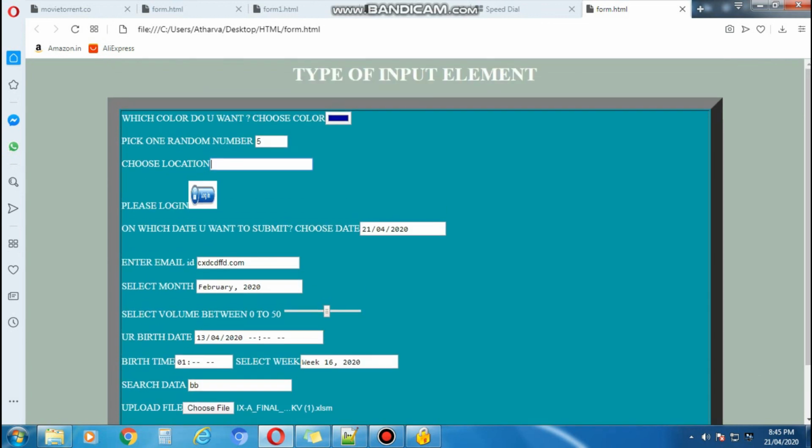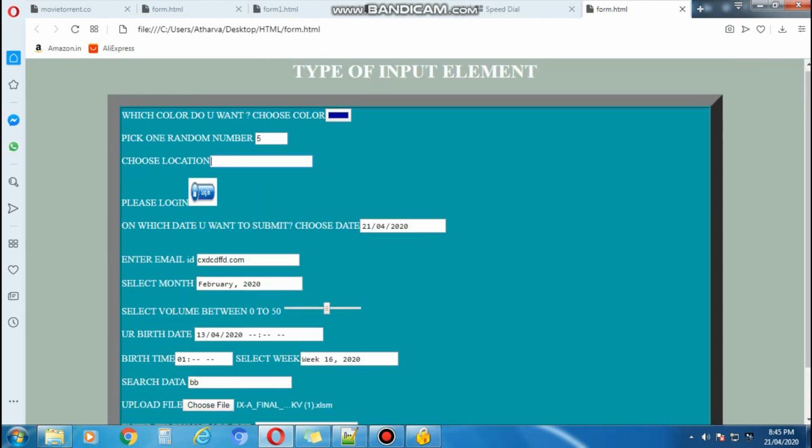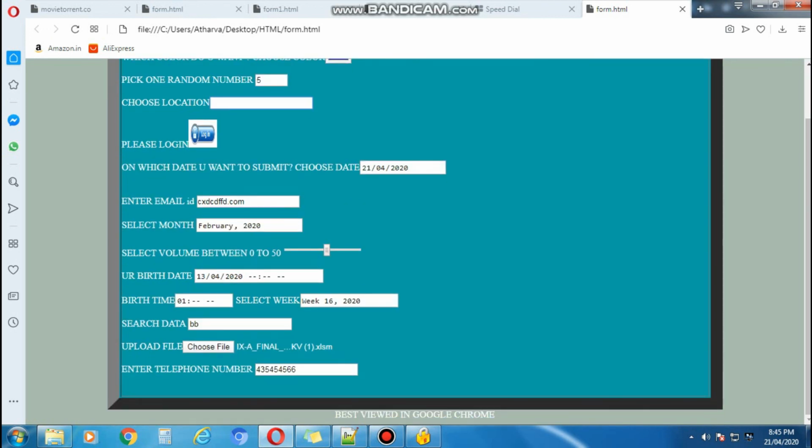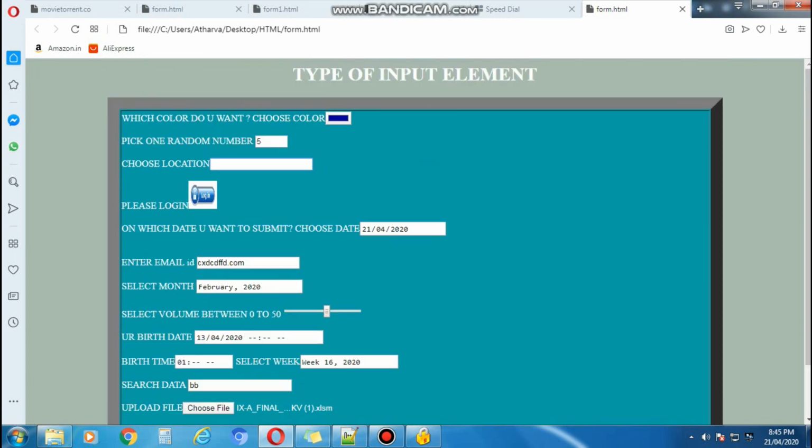So these are all interactive elements which we can use, and they are considered advanced input elements. So you can try and see how these elements work.